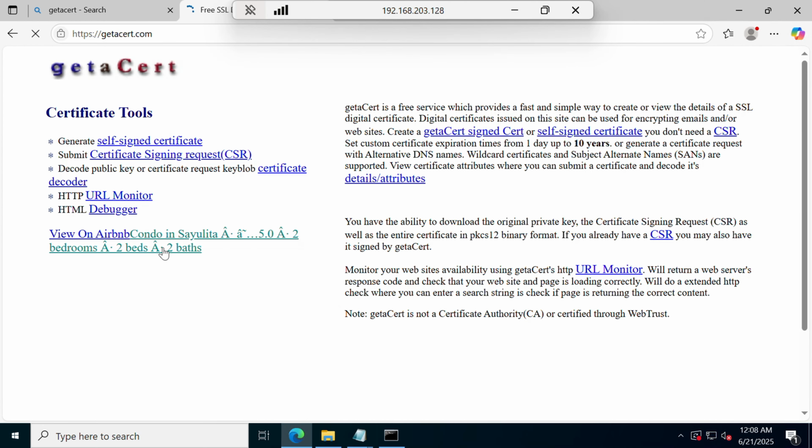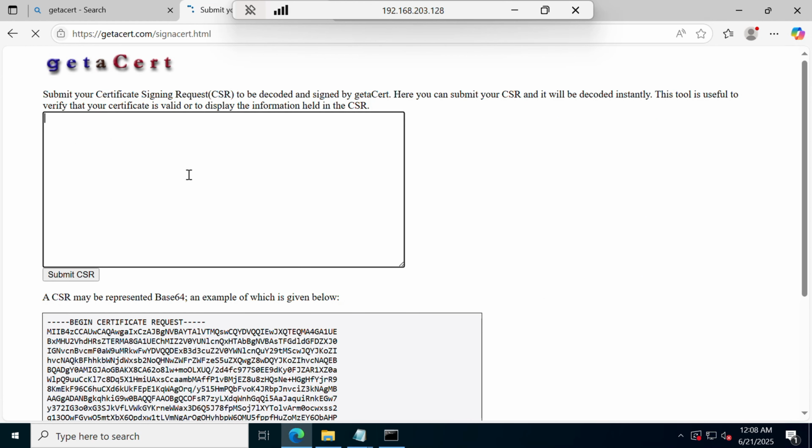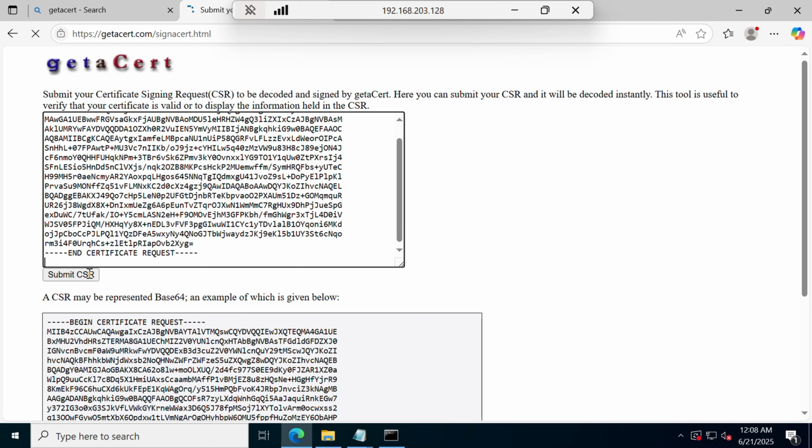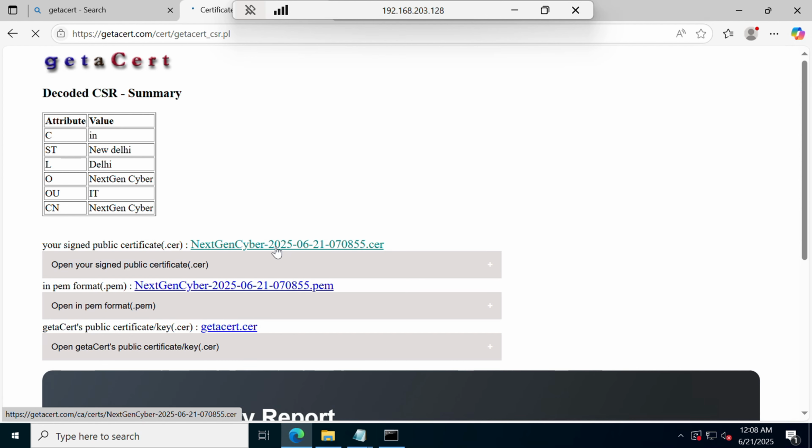And then you need to click on submit certificate sign request, and then in the blank box just paste your CSR content, then click on submit CSR. After that download your SSL certificate, just click on it and it will start downloading.